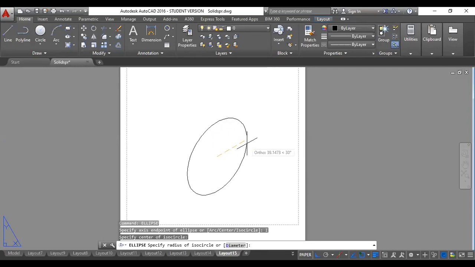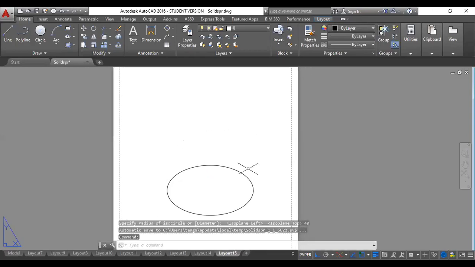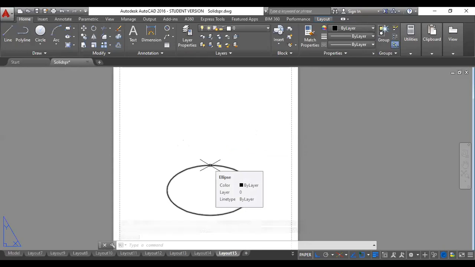So just press F5. This is on the iso right. Press one more time. So this is on the iso top. So this is how I want it. So now you give the radius of the isocircle. Please remember you have to give the radius. So radius is 40, enter. So now you can see I directly got an isocircle in the software using ellipse option. Under ellipse you have isocircle.